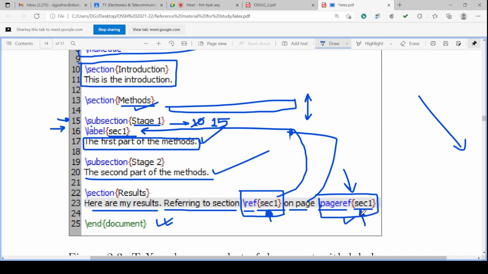Both will create hyperlinks: one takes the pointer directly to that subsection, and the second takes the mouse pointer directly to the page number.